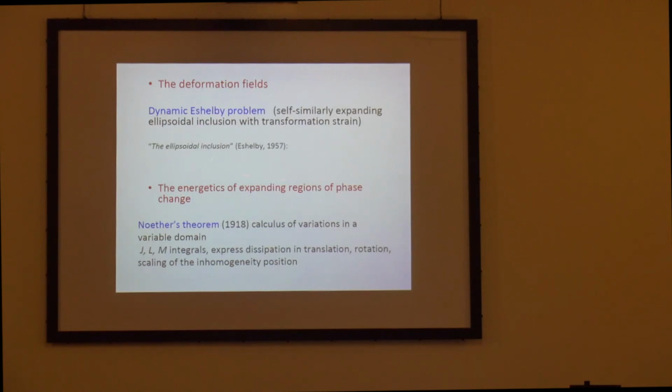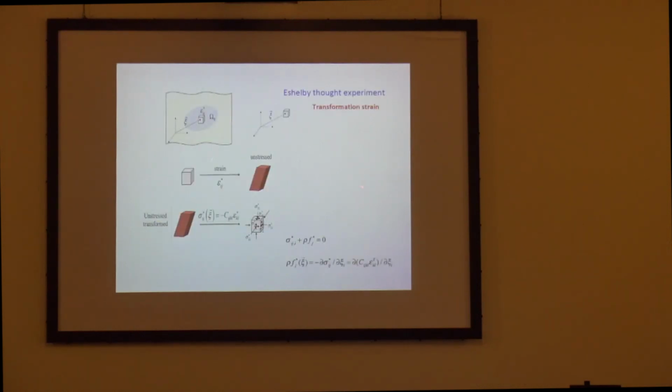Then the energetics of the moving boundary of the region of phase change will be according to Noether's theorem of the calculus of variations in the variable domain. We have the J, L, and M integrals that express dissipation of energy in infinitesimal translation, rotation, and scaling of the inhomogeneity position. So let me say a few things about the famous Eshelby thought experiment about how the transformation strain